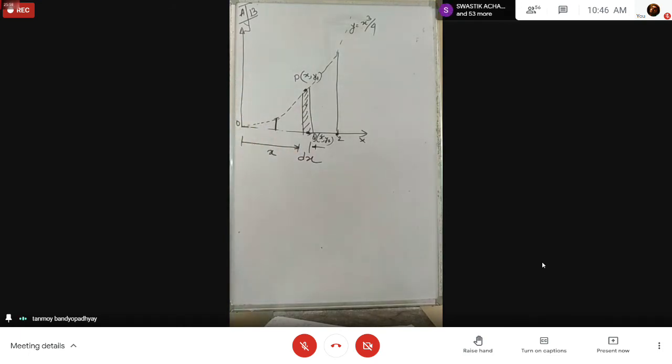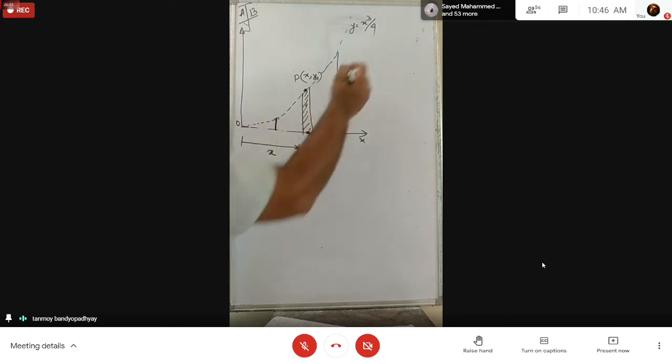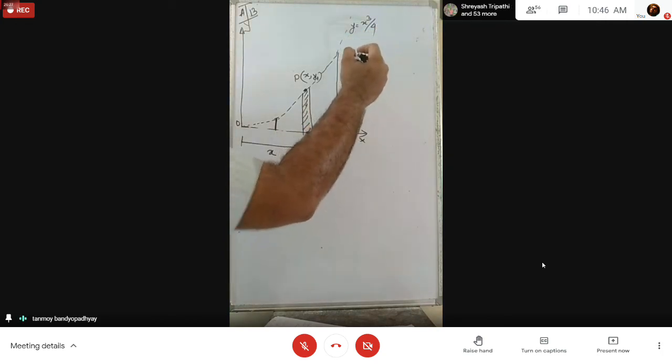Okay. So in this case, we have to calculate both. Since we need the radius of gyration, that is, the polar radius of gyration, we have to calculate both ix and iy. Okay? So we have to calculate kx, ky, kz. So everything we have to calculate. That is why we will be needing ix, iy, and iz. So let's start with iy actually, because that one will be easier.